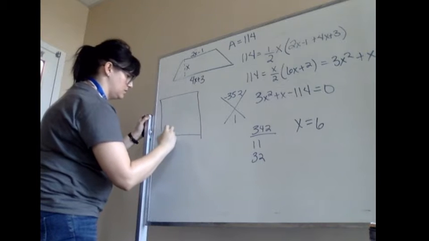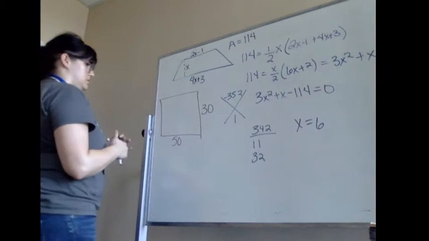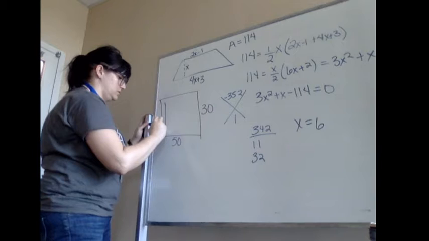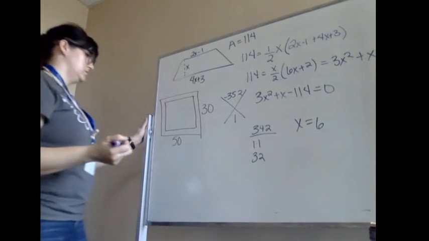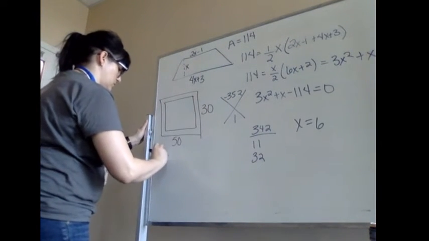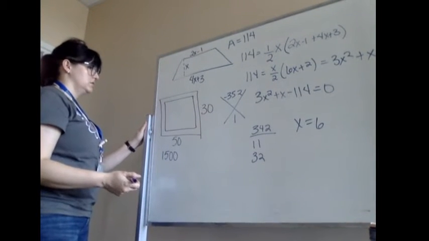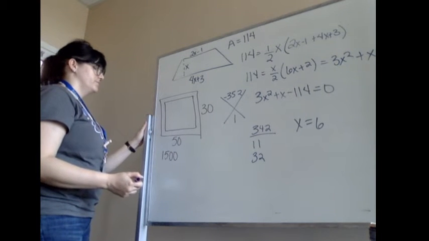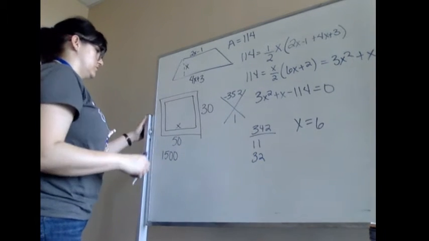No, just take away the food. This is 50. This is 30. Oh, wait, this is pointless. Oh, yeah, I'm starting over. Okay. So total area is going to be 1,500. Call this X. So 1,500